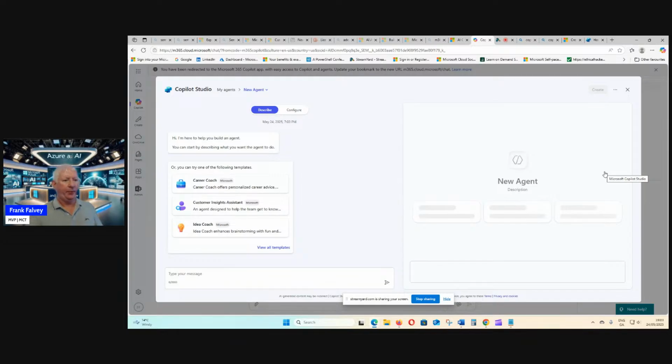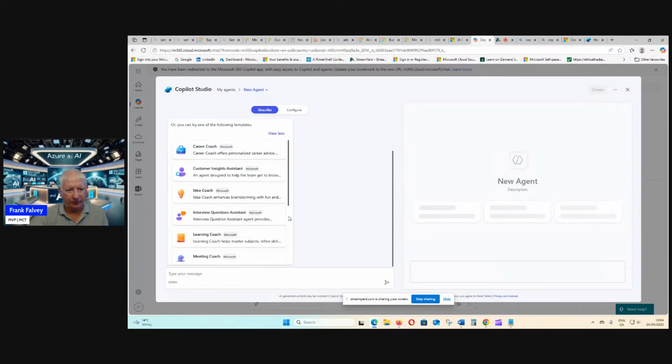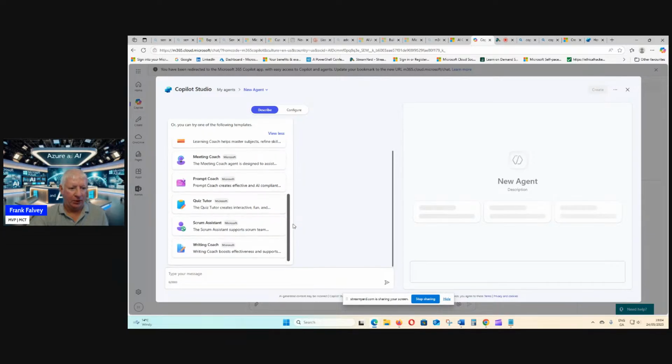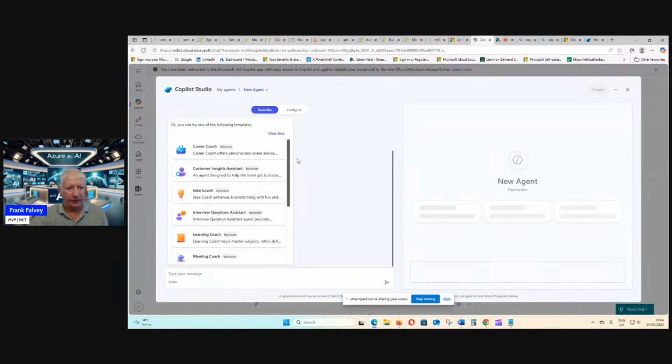Copilot Studio pops up. If you want to edit your agents, you can go to My Agents here, or a New Agent here. The first button you get there is Describe. So what I'll do is down here in the bottom, right? So you can view all the templates here if you want by clicking this one. Just click into it. Learning coach, meeting coach,